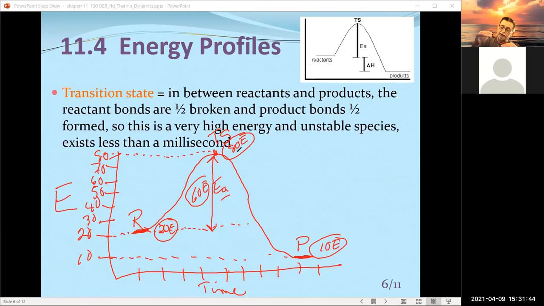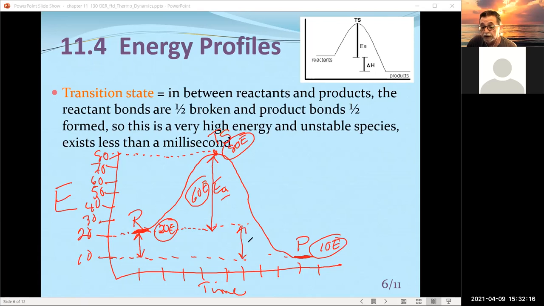And I can calculate that because I know the energy of my transition state, which is 80, and the energy of my reactants is 20, so that difference is 60 energy units. That is the minimum amount of energy necessary to become products, because now the rest is downhill. Now, if I go from where my reactant started to where my products ended, which is basically this distance here,